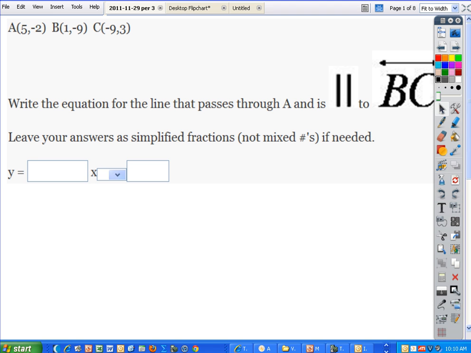All right, let's talk about this a little bit. Now, we want to write the equation. All these are the same. We want to write the equation for the line that's passing through point A, parallel to the line through BC. Now, the other kind of problem you might see that's like this is the one where it gives you